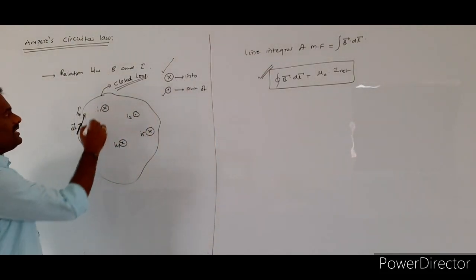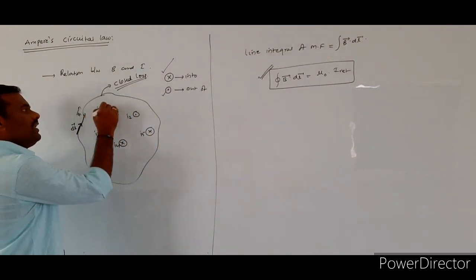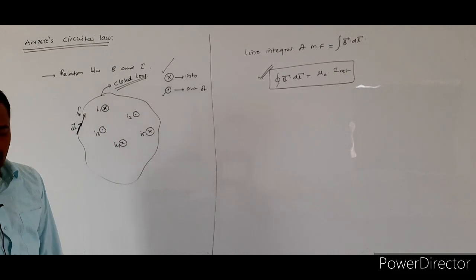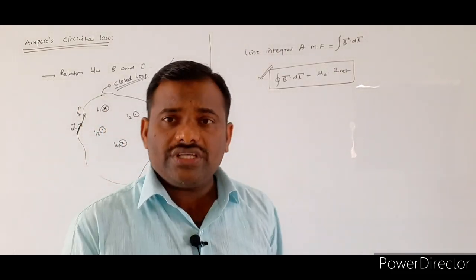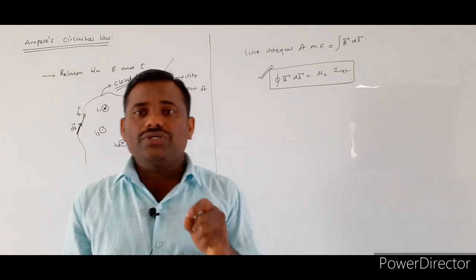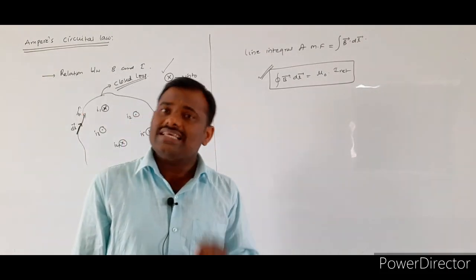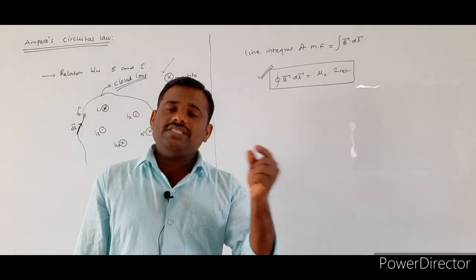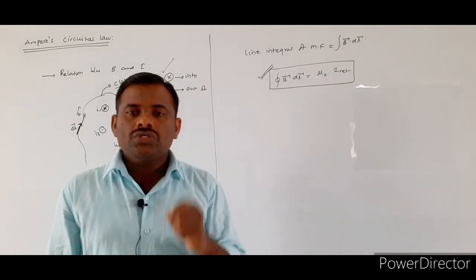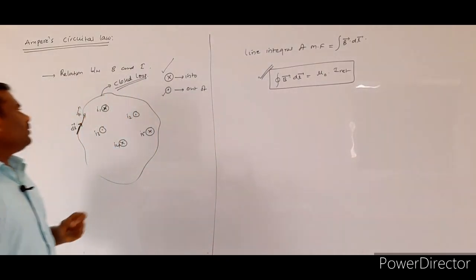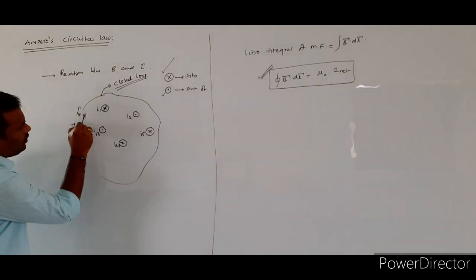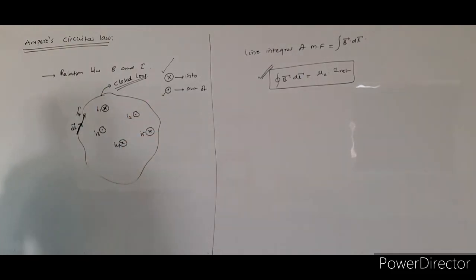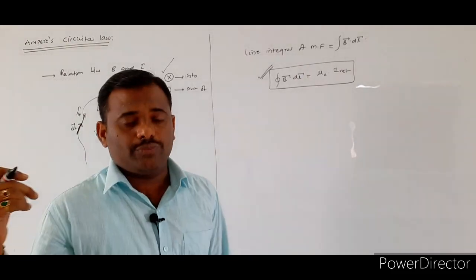If you look at the diagram, some of the currents are flowing into the plane of the paper and some of the currents are coming out of the plane of the paper. So which type of currents are we treating as the positive current and which currents are we treating as negative current? To know which current will be considered as positive and which as negative, one note we have to understand. That note is that first, where you draw the dl bar on the circular loop, this point is very important.